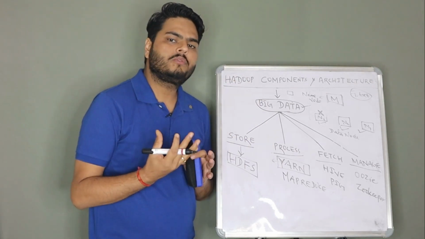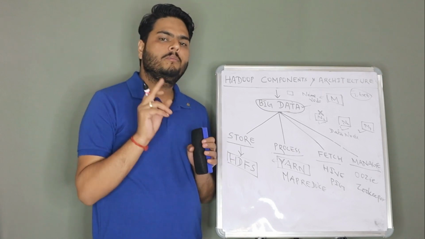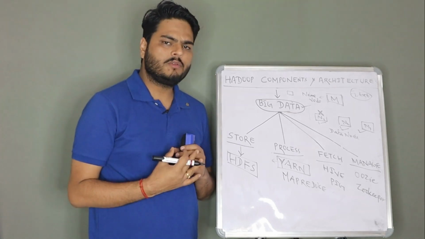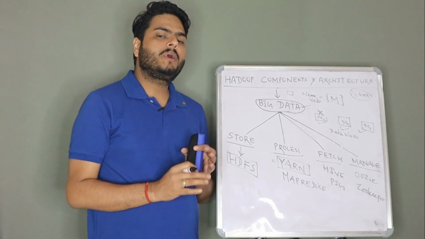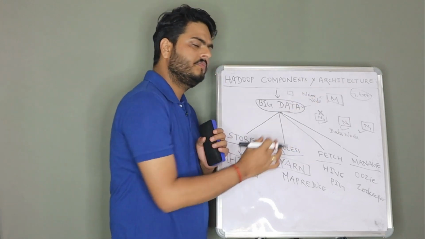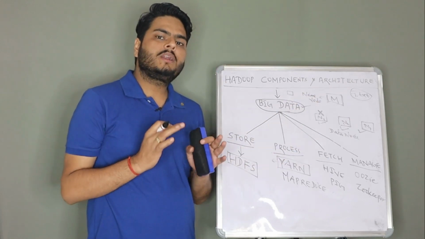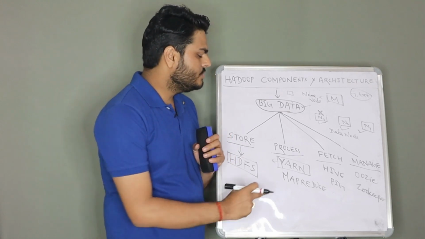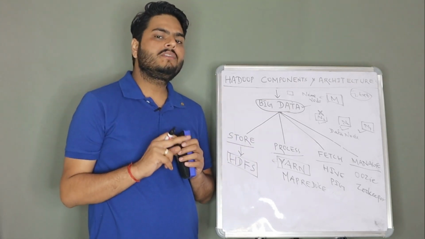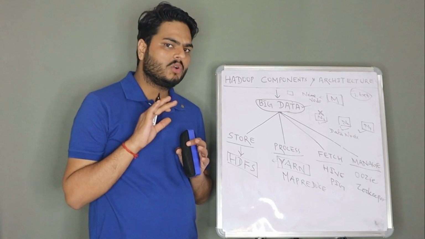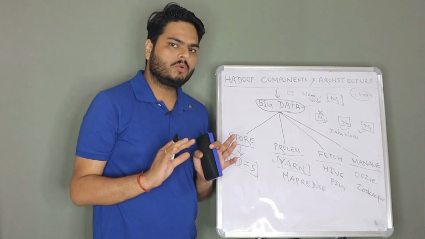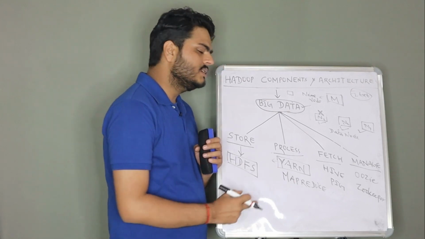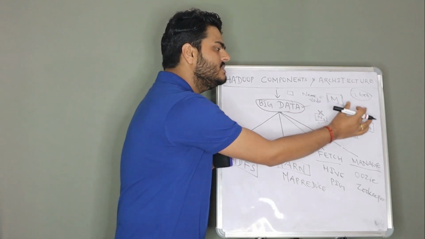MapReduce is the crux of the entire Hadoop framework, guys. Okay, MapReduce is nothing but internally a Java program that enables parallel computing in the HDFS system. So how the parallel computing will work internally, which makes the Hadoop framework very special, that is what MapReduce takes care of. It is a Java framework, it is Java code. Every time we no need to write Java code, don't worry for that, but internally Java code works, and this MapReduce is the thing that enables parallelism in this cluster.